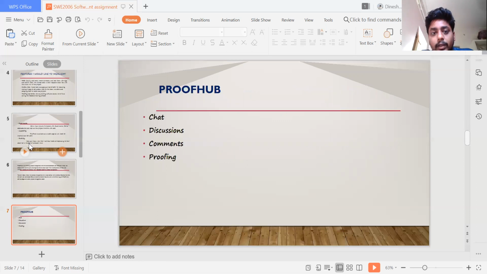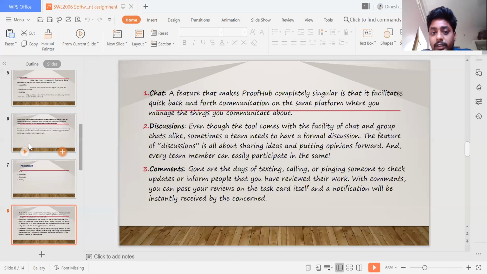In ProofHub we can have chat, discussions, comments, and proofing. Just in chat, we can communicate back and forth on the same platform where you manage things and communicate about projects. The tool comes with the facility of chats and group chats.